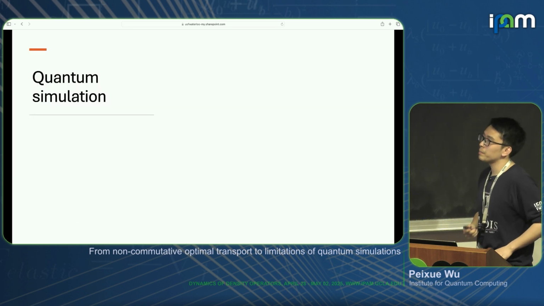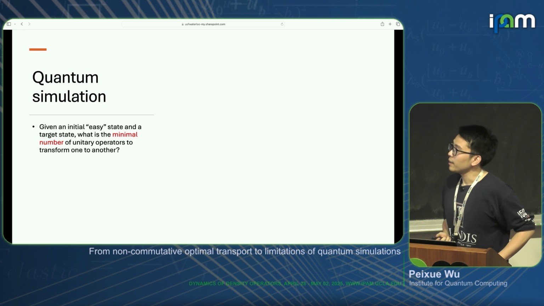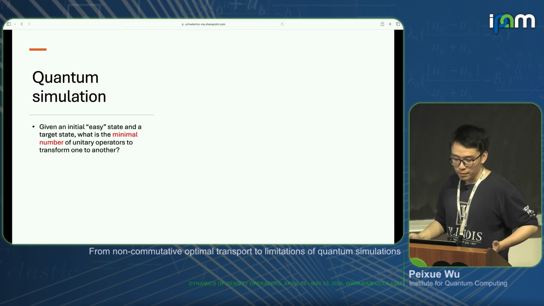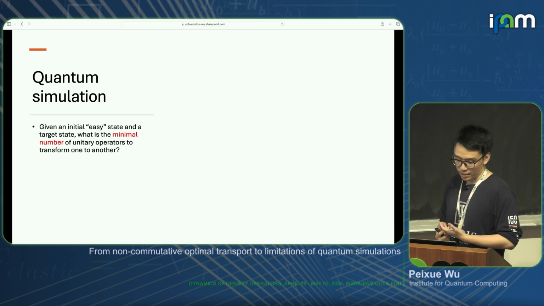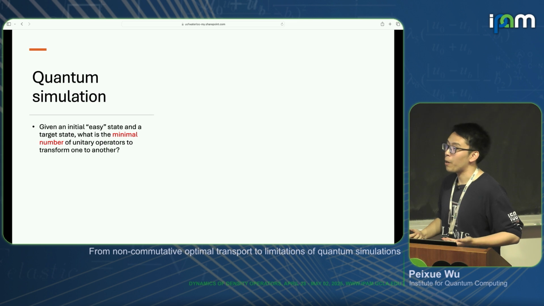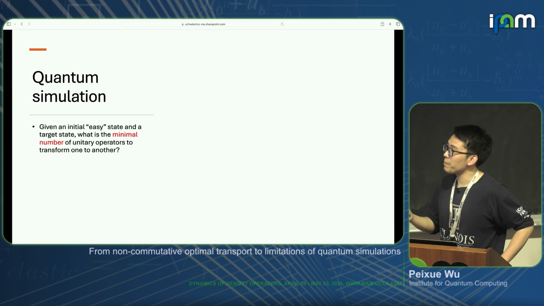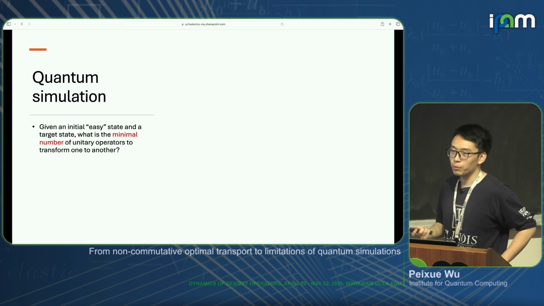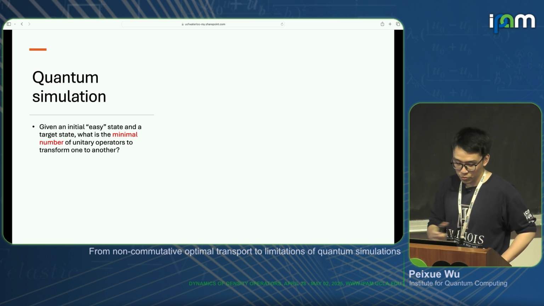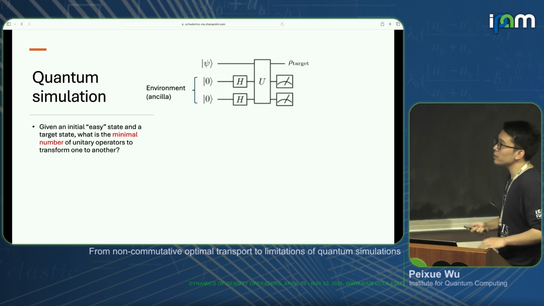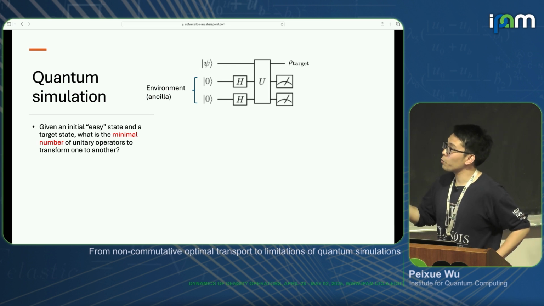And now let's talk a little bit about quantum simulation. Okay. So what is the motivation? So suppose you have an initial easy state, okay, initialized on a quantum computer, and you want to prepare some states, for example, some Bell pair, right, or GHZ states. What is the minimal number of unitary operator to transform one state, the easy state, to another, the target state? So if you see how to do that, what you do is that you find a quantum channel